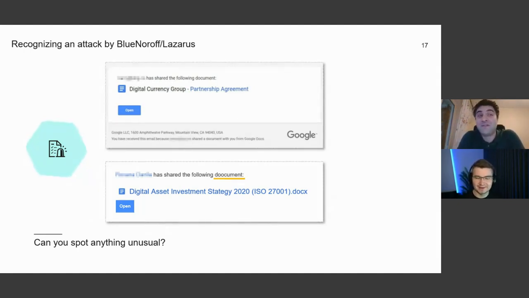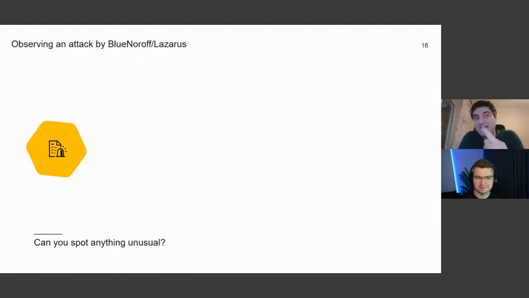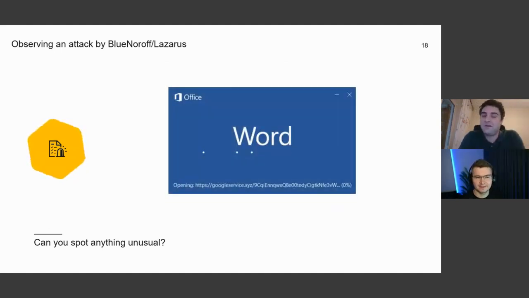I don't know, but even with this silly mistake, we will see later that victims actually downloaded this document. Once they clicked download, they had this file, which apparently came from Google Drive, on their computer. Now the unsuspecting victim clicks on it, and then something else shows up. It's the Microsoft Word splash window booting up, loading all the components and opening the file, which is there for a second or so. Exactly. Which is normal.